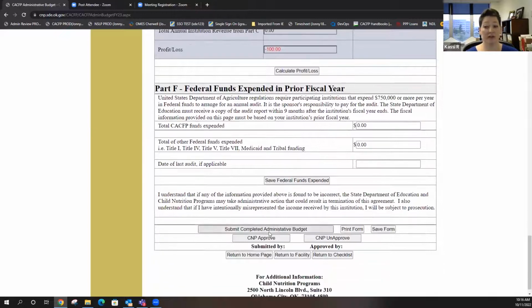Part F, you might remember that in years prior, this was its own form. We just dumped it on here to have one less form for you to do. But we did make some changes. So for many, many years, you're welcome. I hope it's easier. I hope it's clearer in what we're trying to get at. It's not to be intrusive or ask for stuff you feel like we shouldn't know. It's just to make sure you are doing what you're supposed to by regs.